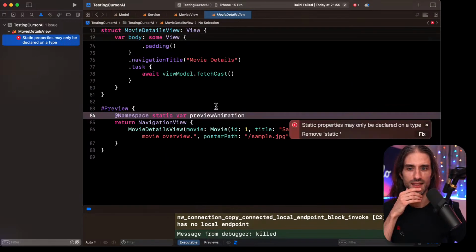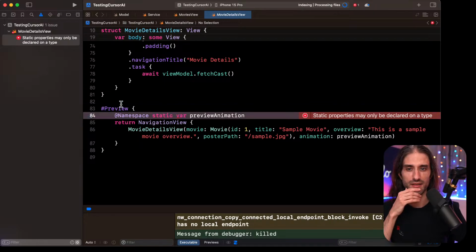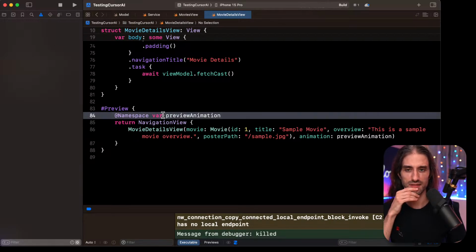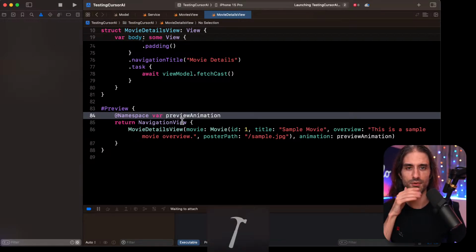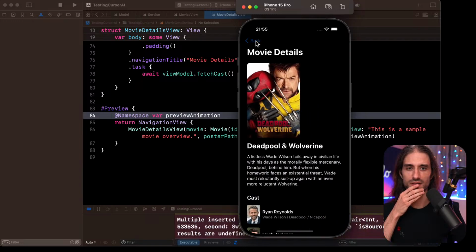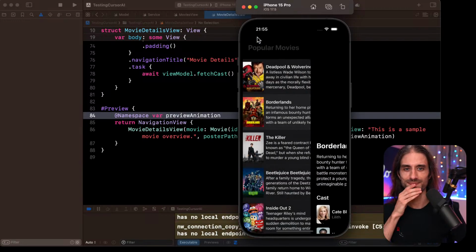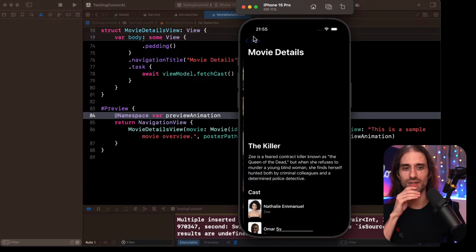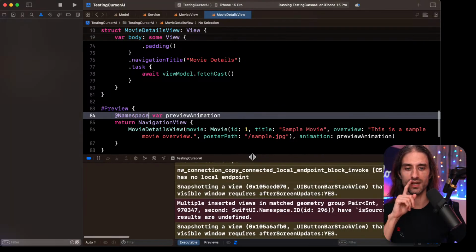Okay. Yeah, that's illegal, what you're trying to do here. So I just do something like that. Okay. I'm not sure if it works for the preview, but at least it builds. So let's see. No, it's not working. Unfortunately, it's not working, but I have errors. So maybe we can use that.